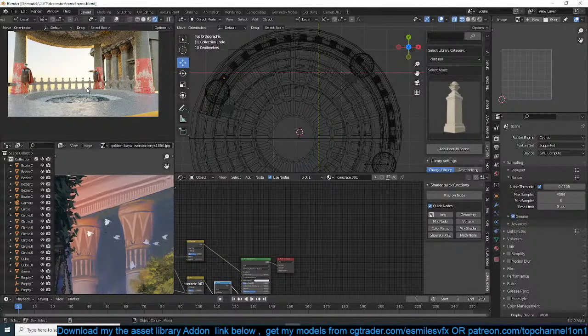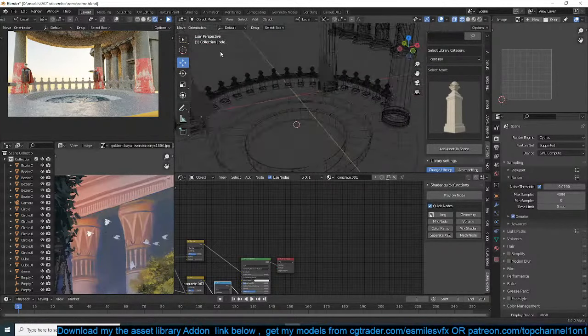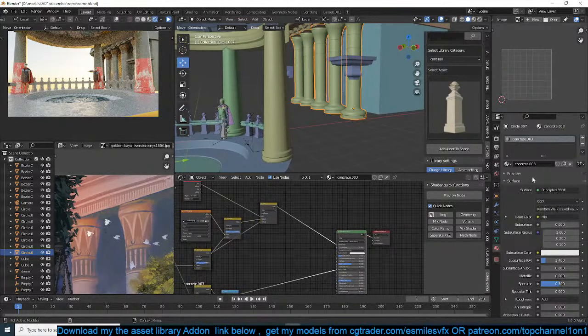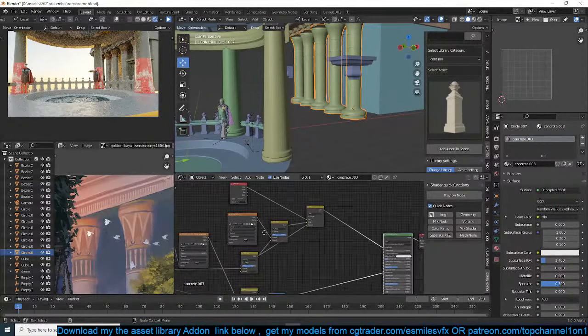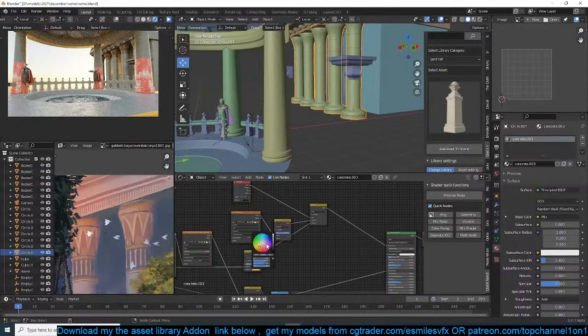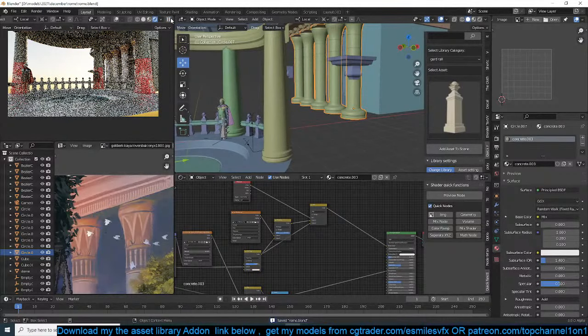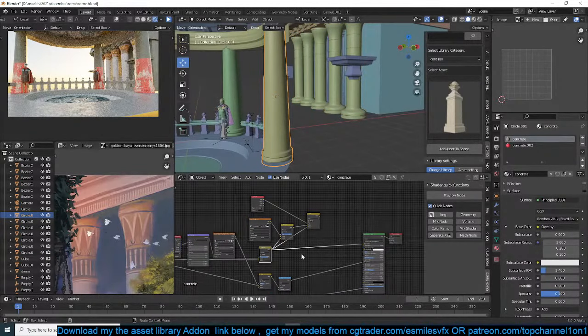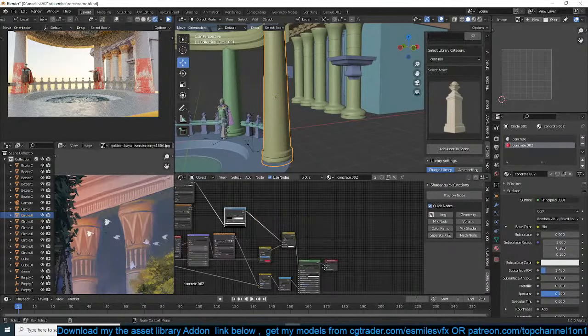I think it's starting to look good, especially this building. I like how it's coming out. Now, I think it would look better if the concrete is white. Yeah, like that. And here as well. So this concrete we are going to make white as well. And this we can make a bit